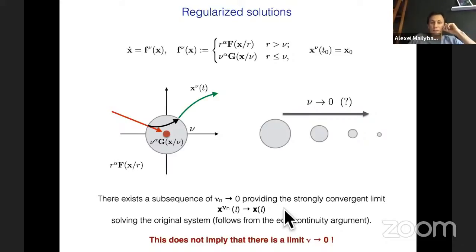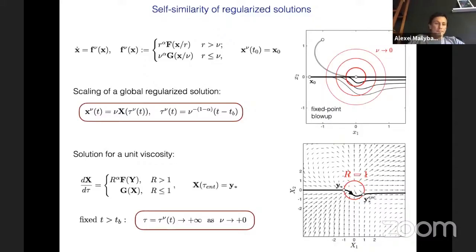But still there is already some positive information. There are limits, so in principle you can take limits, and it already means that whenever you have a very small regularization with some nu, your system is a member of some convergent subsequence. So your solution can be approximated by some solution of the singular system, by some choice of solution of the singular system. So the singular system makes sense.